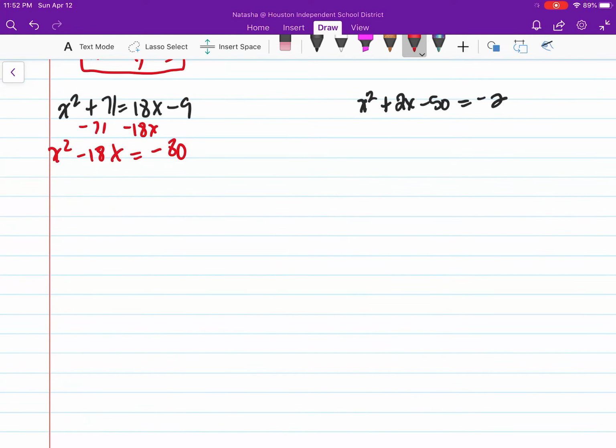All right, in the next video, I'm going to show you and talk about how to handle these type of problems, completing the square with irrational solutions. Side note, irrational solutions means that you are